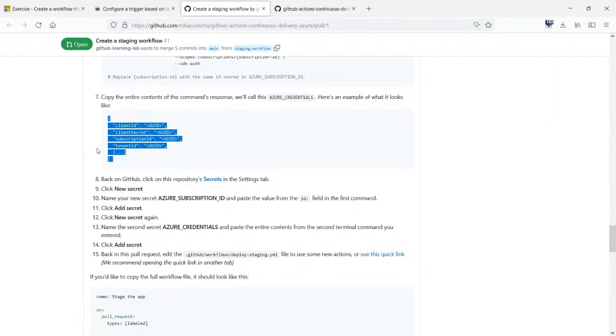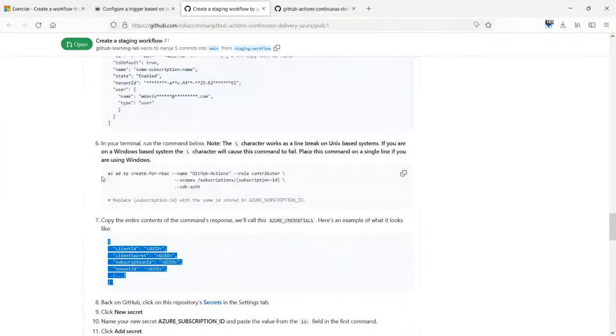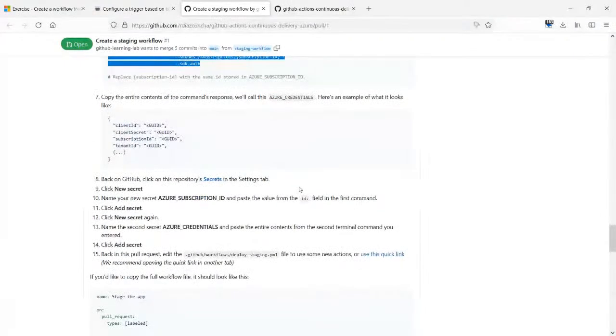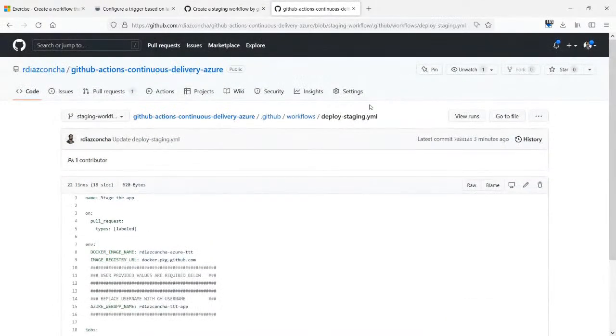However, if you execute this, you will receive a JSON document, a fragment. It's not a good idea to use that fragment directly in the code, because you're going to be exposing those credentials to the entire world. So it makes sense for you to store the credentials in a secure way. And that secure way is the